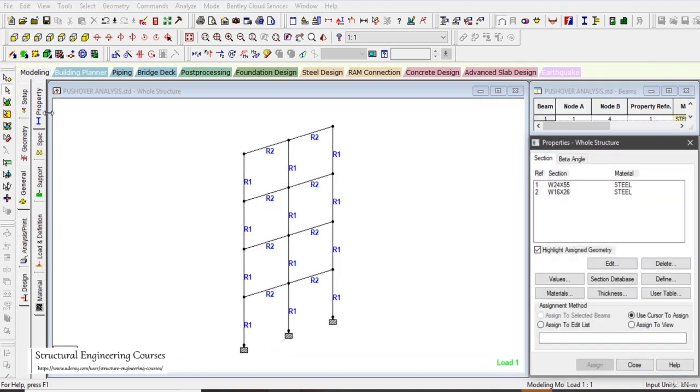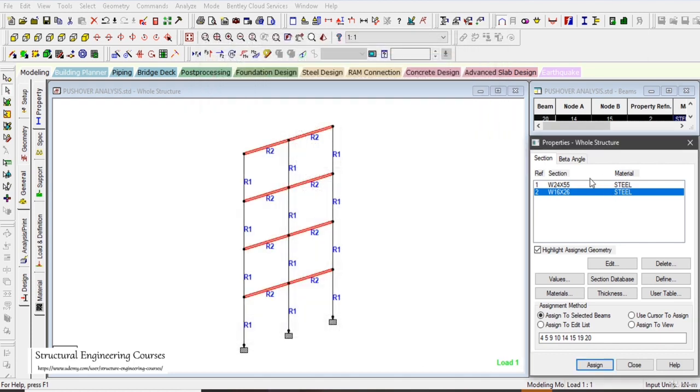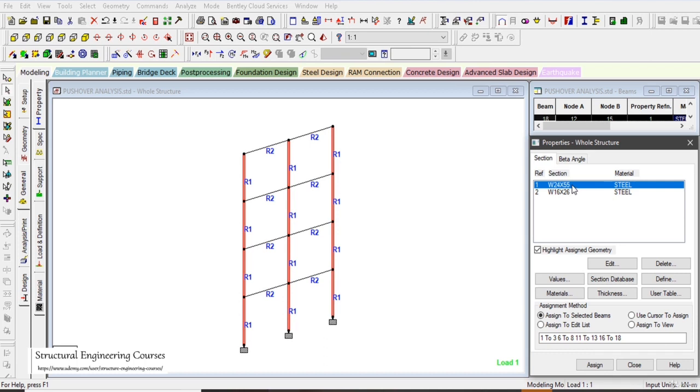And as a general exercise, what we can do, we can increase the size of this beam. Let us say we increase it to some higher size, and we can increase this column also to some higher size. When you take this as an exercise and increase the size of these particular columns and beams here, you will see that the hinges that were starting to become visible in, let us say, load step number 5 or 6, may not be visible to you again, because when we increase the stiffness of